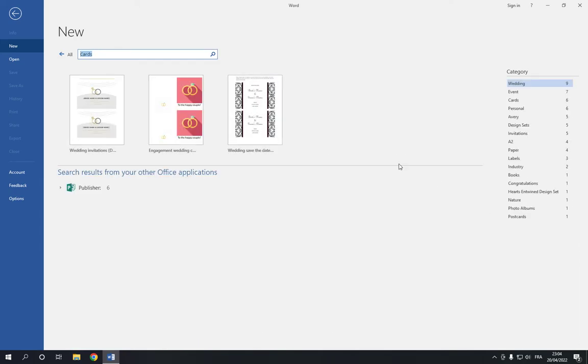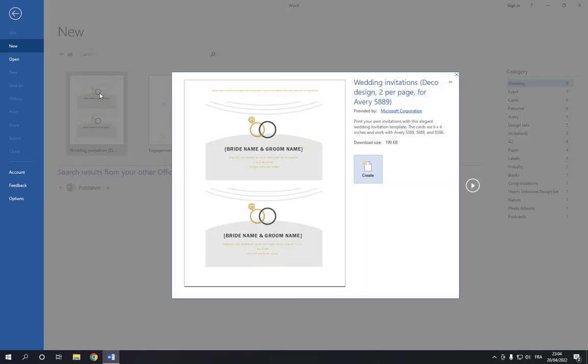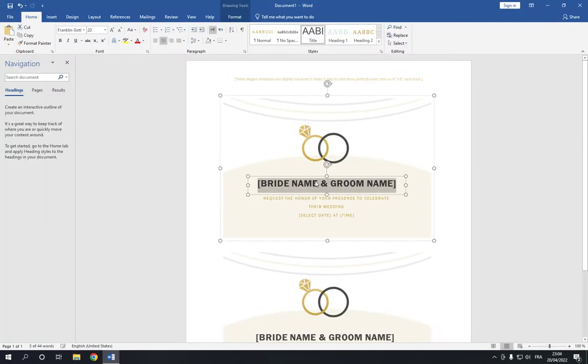Now as you can see here, you have those templates. Click on the one that you like. I like this one. Click on it and click create. Now you can change the name here. For example, I'm gonna add Jacob and Maria, for example,